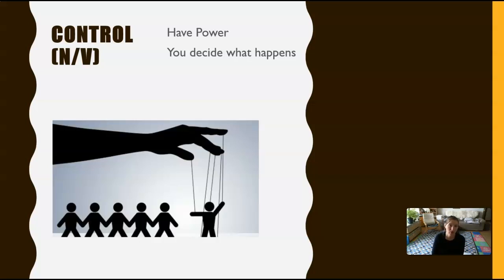Volume control. So control means I choose, I can make something happen. I have control, or I control. It can be a noun, I have control, the control is mine, or it can be a verb. I will control you. I will make you do something. Okay? Noun or verb.